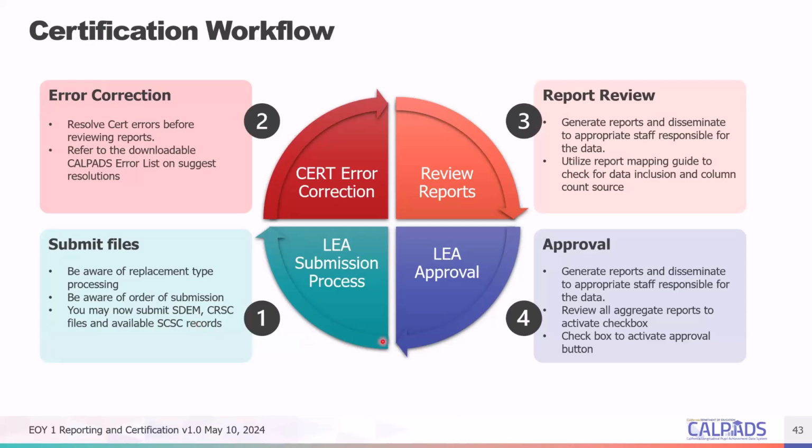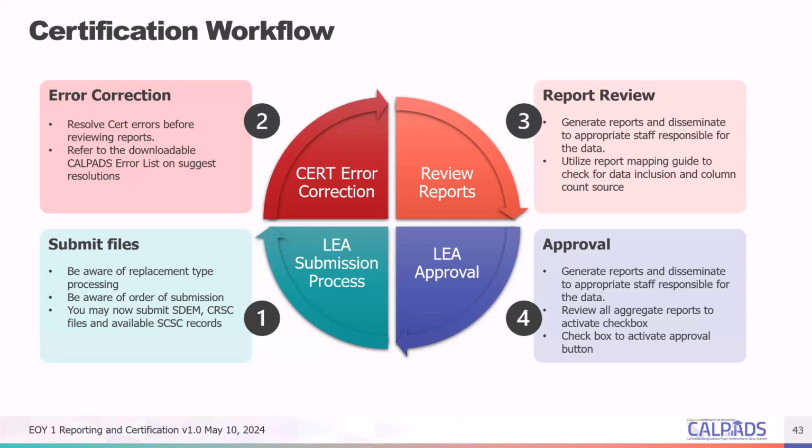So again, once you've submitted those files, then we subject those records to another level of certification or validations. We have the certification errors, and then of course the certification data discrepancy errors, right? And there are different documentation that you need to have handy when troubleshooting errors. Can anyone provide me those information? Any document that is required for troubleshooting end of year one? Okay, the error list.